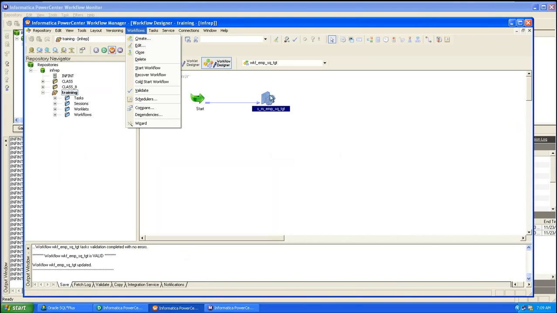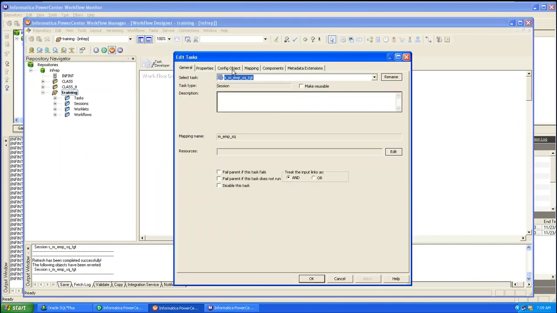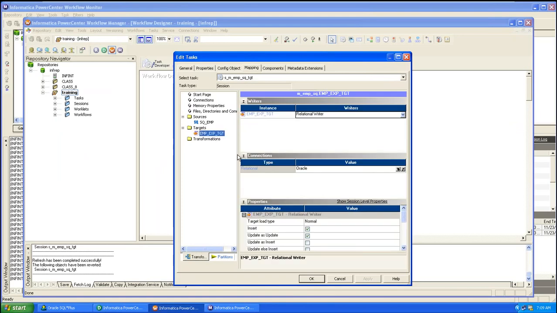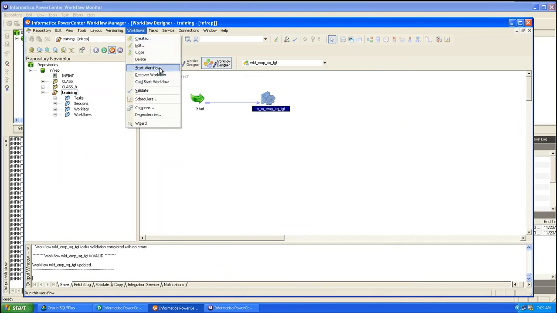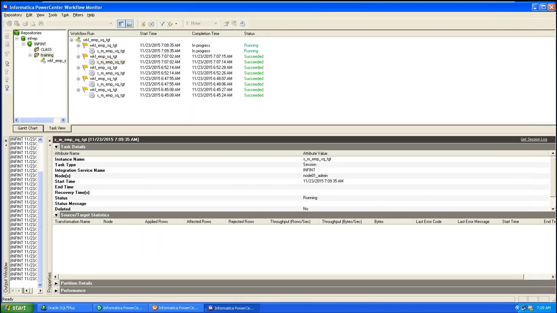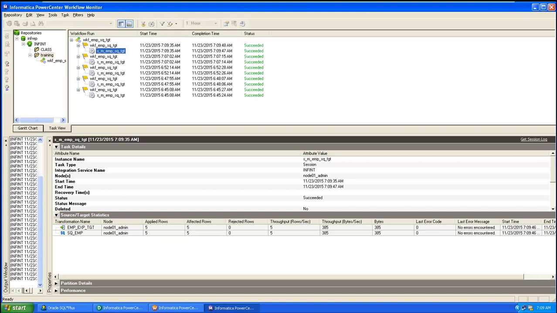One second. Already the target table has data, right? So we will truncate the target table. We will select the truncate table option. Before loading the data into the target table, it will truncate. Start workflow, and I will see the result. Now it should filter only department number 20, right? At the same time, it should sort the data, right? Now check the things in